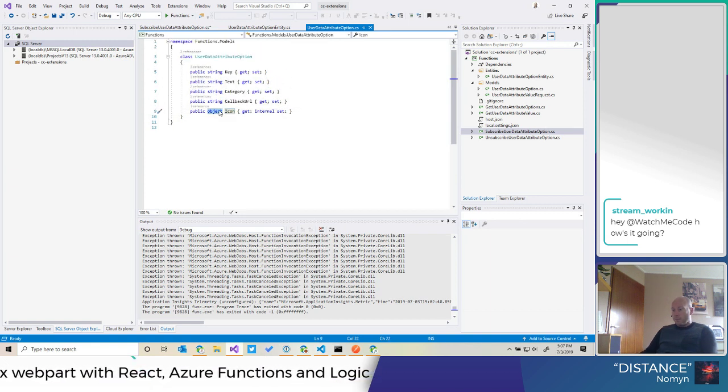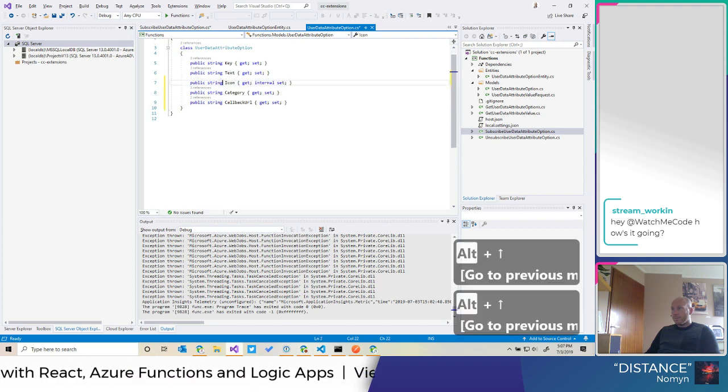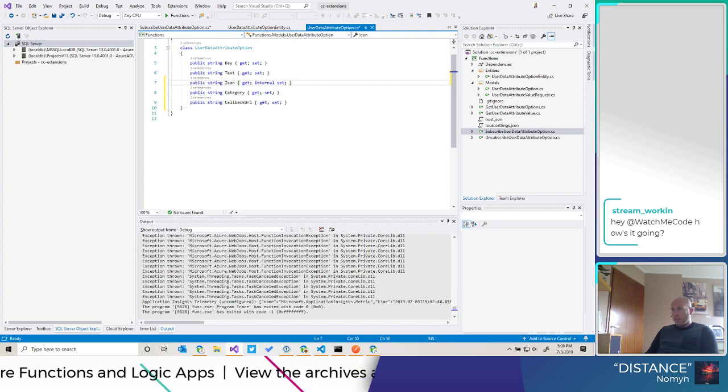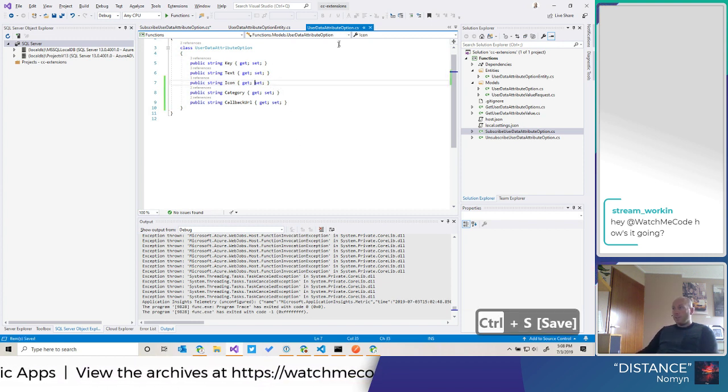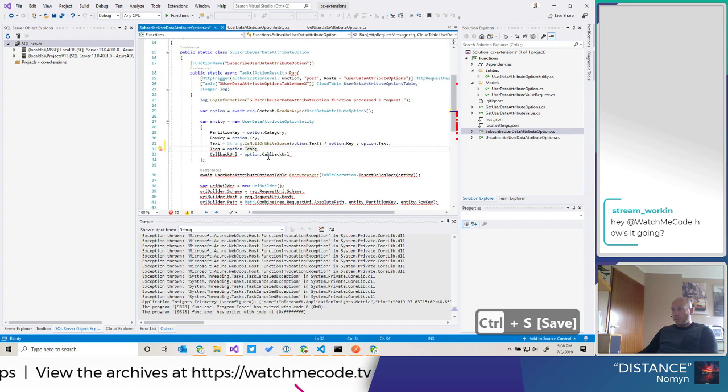And it's not an object, but it's a string. Let's move it up. Moving a complete line, you can do that by holding the Alt key and pressing the up or down buttons. So now it supports the icon in the subscription.